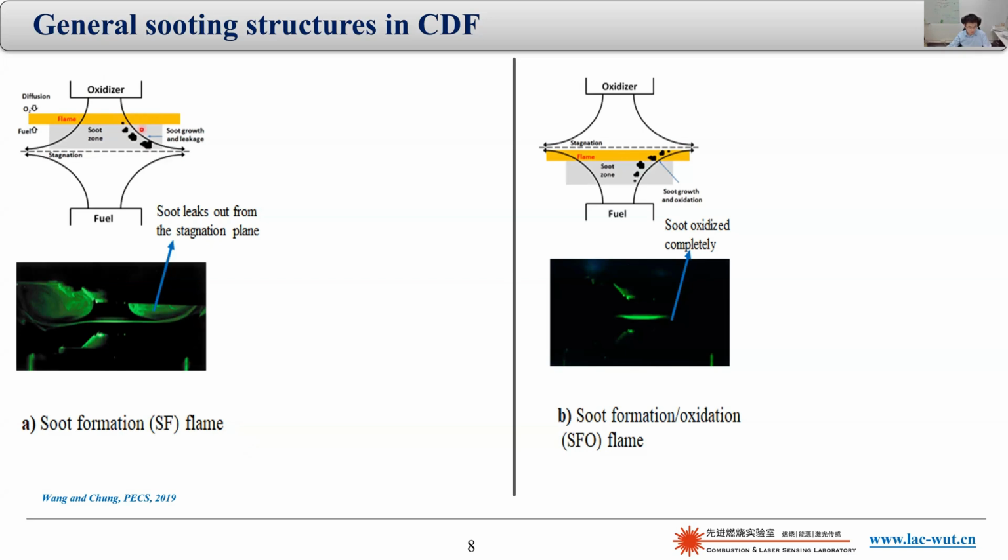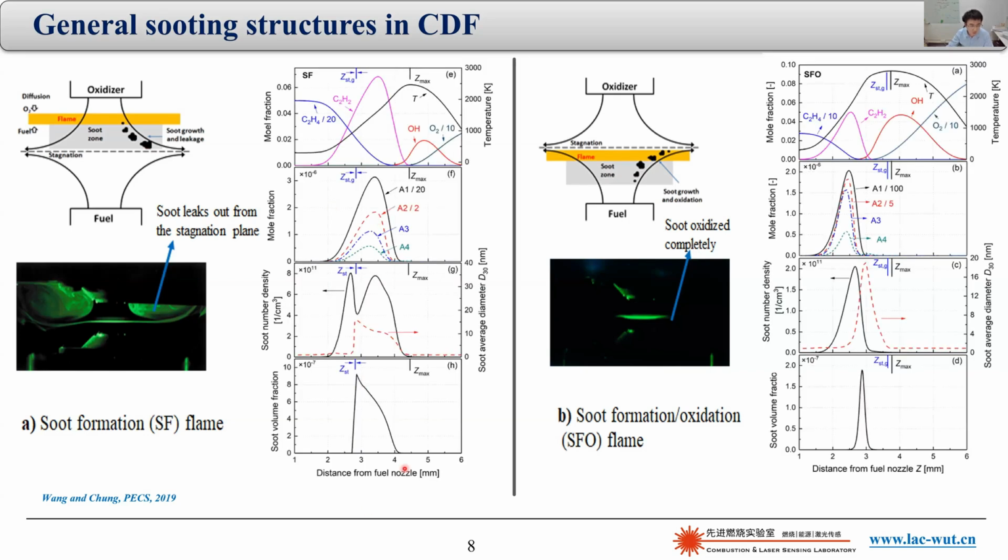And during this process, soot will continue to grow in mass and size, but does not experience much oxidation. At the stagnation plane, it's difficult for the soot particles to penetrate to the other side because you can only have diffusion, but the diffusivity for soot particles is very small as compared to their gaseous counterparts. So this will actually result in a very interesting profile for soot volume fraction if you plot it across the centerline. So you have soot growth, and then you have a sudden drop of soot volume fraction across the stagnation plane.